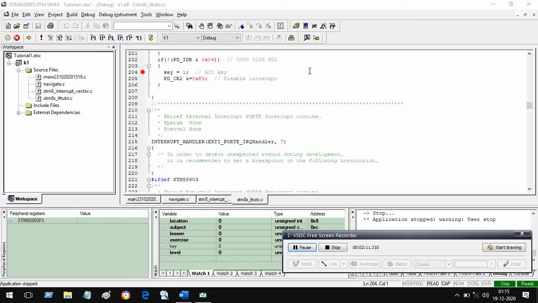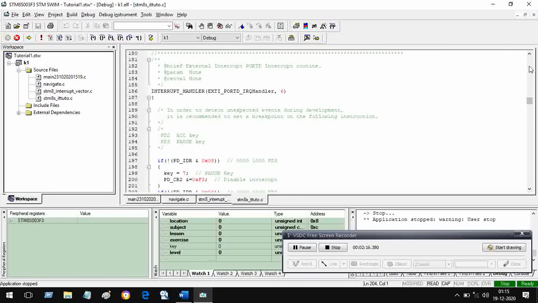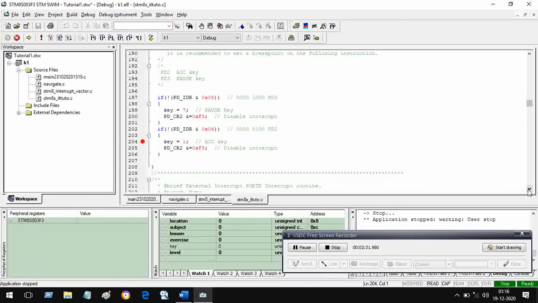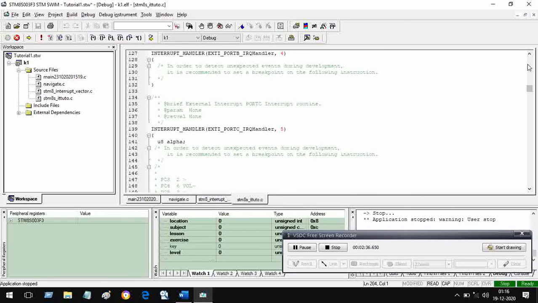We have used the interrupt caused by the keys and by the serial communication. So we are adding certain things in this work. For example, here, you can see the interrupt handler, external interrupt for port C, IRQ handler number 5.